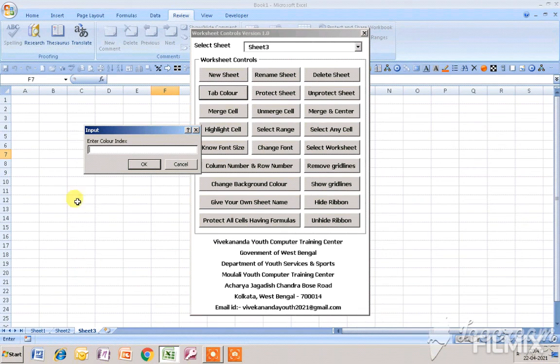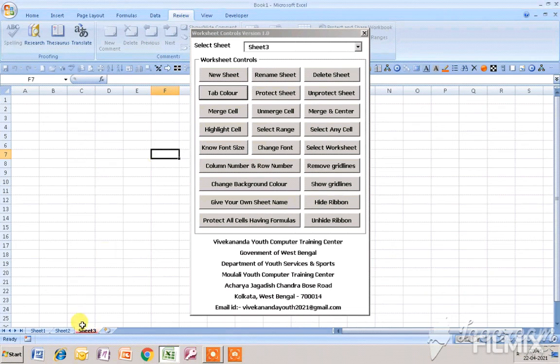Okay, so if in this input box I give 3 and click OK, then you can see this particular worksheet has changed to the tab color red, because the color index number 3 is used for red color.